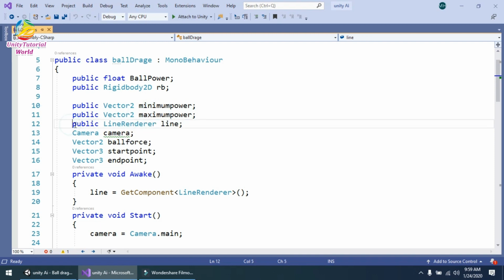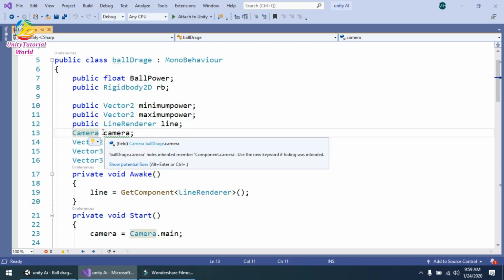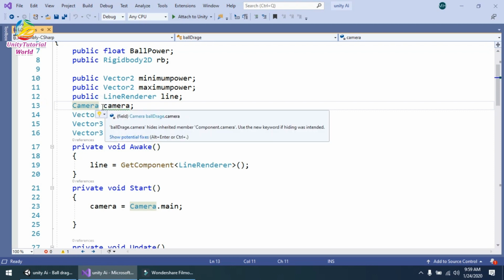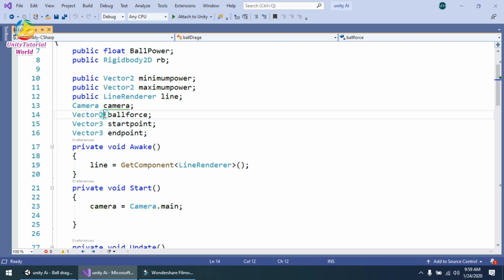I should also get the LineRenderer component by creating public LineRenderer line, and a Camera variable named camera, and Vector2 ballForce, and Vector3 startPoint where our mouse clicks, and Vector3 endPoint where we leave our mouse.